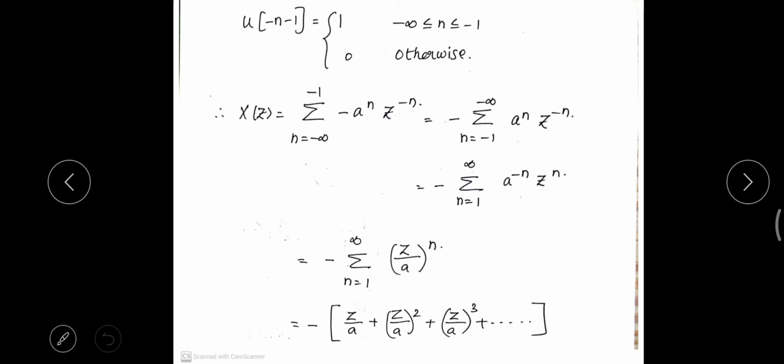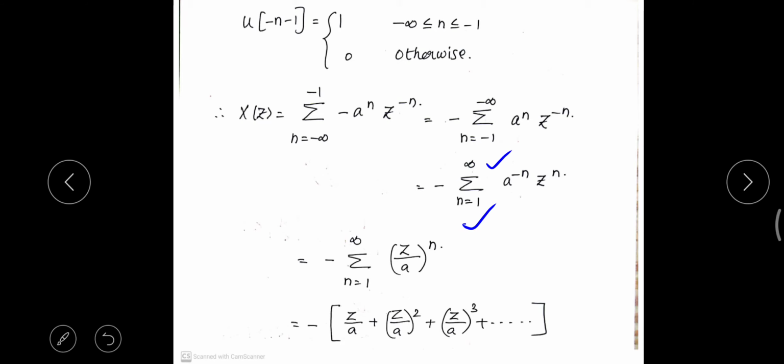We all know that the Bernoulli series always starts with n is equal to 0 to infinity, so I should not have any negative values of n. To make it positive, I am simply substituting n is equal to minus n in the entire equation. So minus n is equal to minus 1; minus minus gets cancelled, so n is equal to 1. And minus n is equal to minus infinity, so n is equal to infinity.